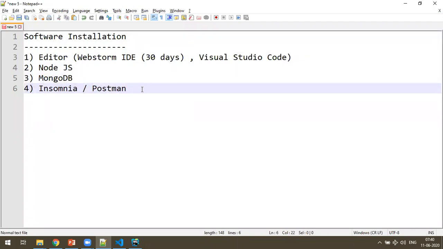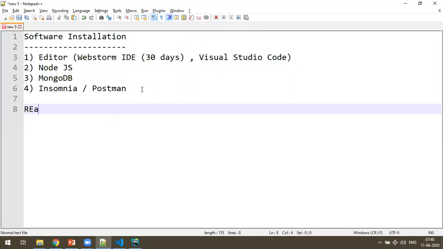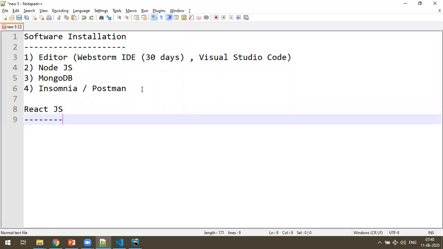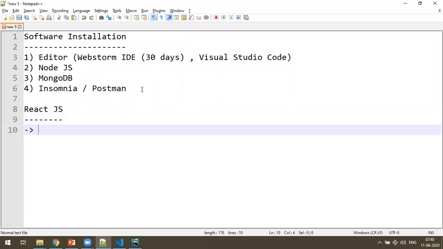Fine. So now after you successfully install the software, it's time to start React.js. Okay, so the React.js folder structure. React.js is not like a regular website. Generally, if you want to develop a simple website, we need an HTML file, a CSS file, and a JavaScript file. We create our own folder and our own HTML files in the editor, and we can just start development of a website, right?